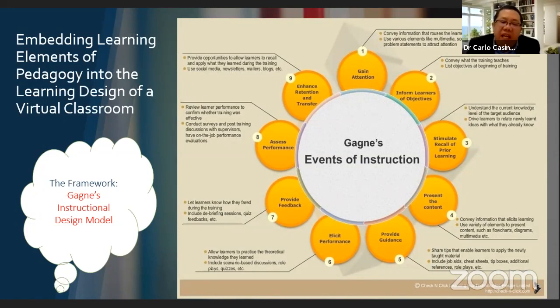There are 9 learning events in Gagne's model that you have to embed in your virtual classroom, as you can see on the screen right now. But the challenge is really events number 1, 3, 4, and 8. When you put them in a virtual classroom, they would require a specific learning solution or EdTech application, okay? And this is the gap that we have to fill in. So for administrators, you have to deliberately think about this, on how to bridge the gap,